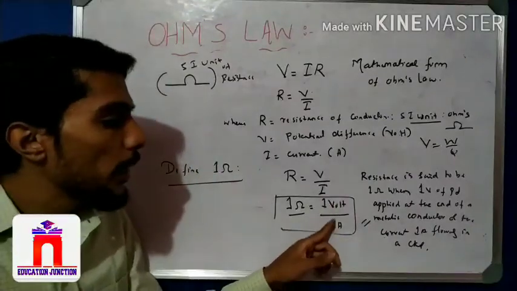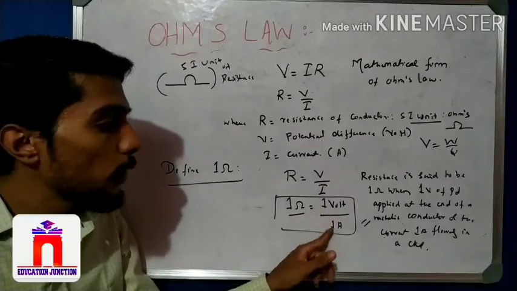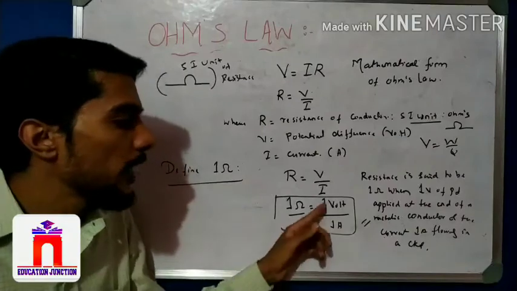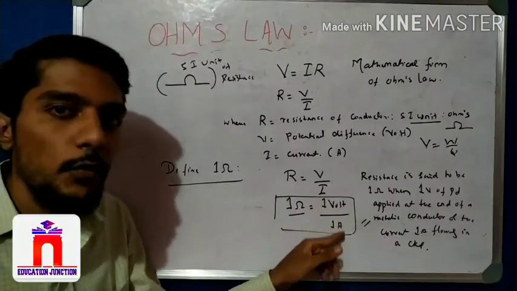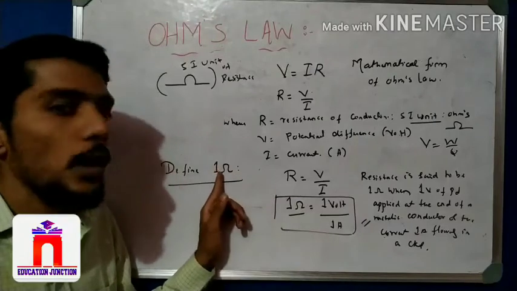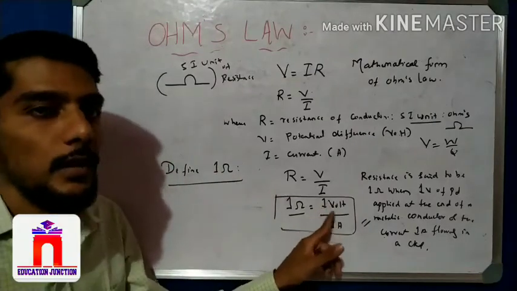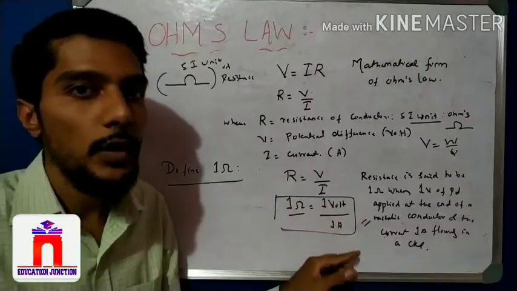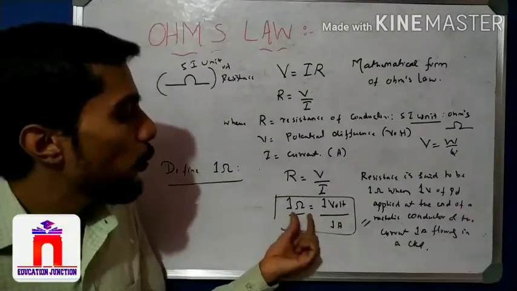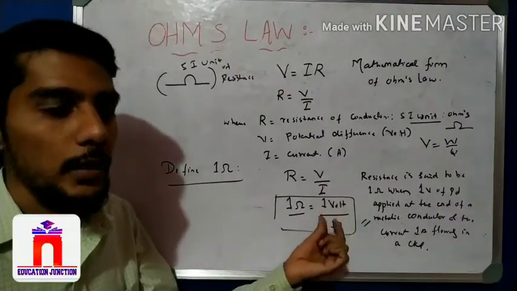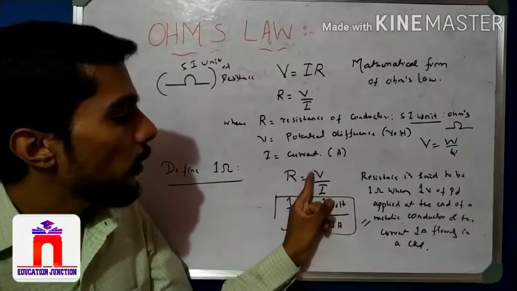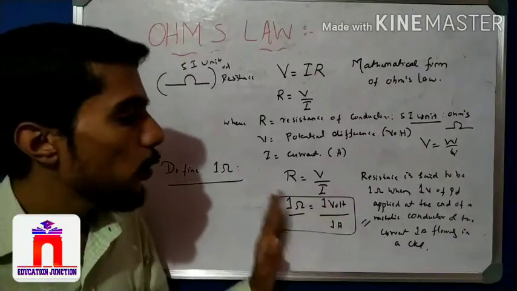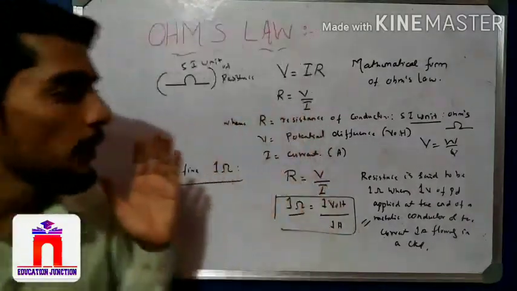Do not use 2 by 2, which is again 1. In physics we do not take 2 by 2 or 3 by 3; we take the unit here, 1 unit and 1 unit. Some students ask, sir, we take 2 by 2, again 1, or 3 by 3, 4 by 4. Not like that. When defining 1 ohm, we take V as a unit and I also as a unit, because we start with the units. So 1 ohm is 1 volt and 1 ampere, not 2 by 2 or 3 by 3. That is wrong. 1 volt means this is 1 and this is 1, not 2. Then it is called 1 ohm. This is a very important point about the ohm.